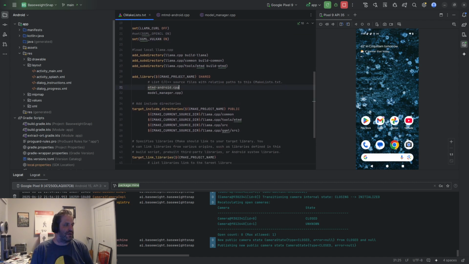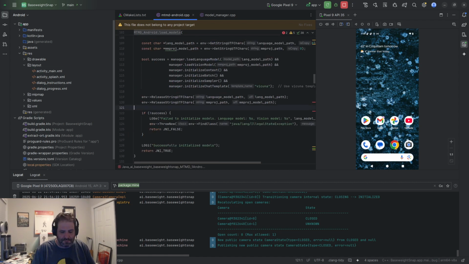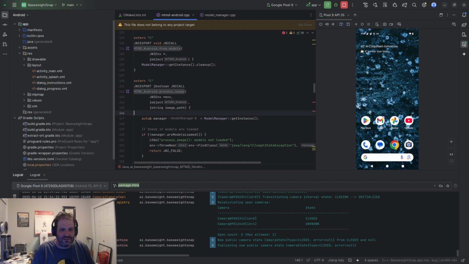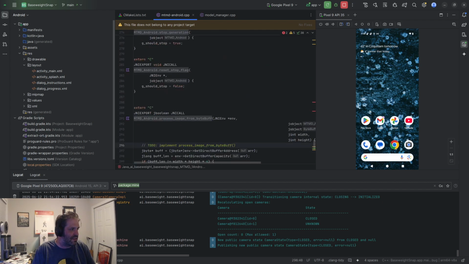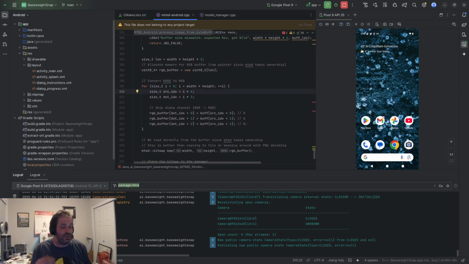The main two classes I wrote here were MTMD Manager, and MTMD Android, which is just the C++ library that I connect my Kotlin to. The stuff in here is just basic JNI bindings. I think the main thing that's interesting is here. This was annoying. By default, what you would see in most C++ examples is file loading. With Android, I already have an image loaded on the view in Kotlin, so I want to bring that over and convert it from BGRA into RGB